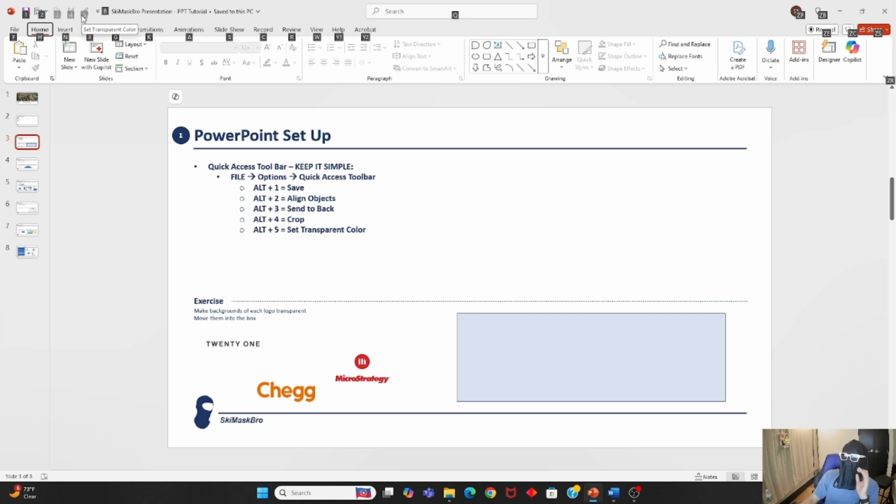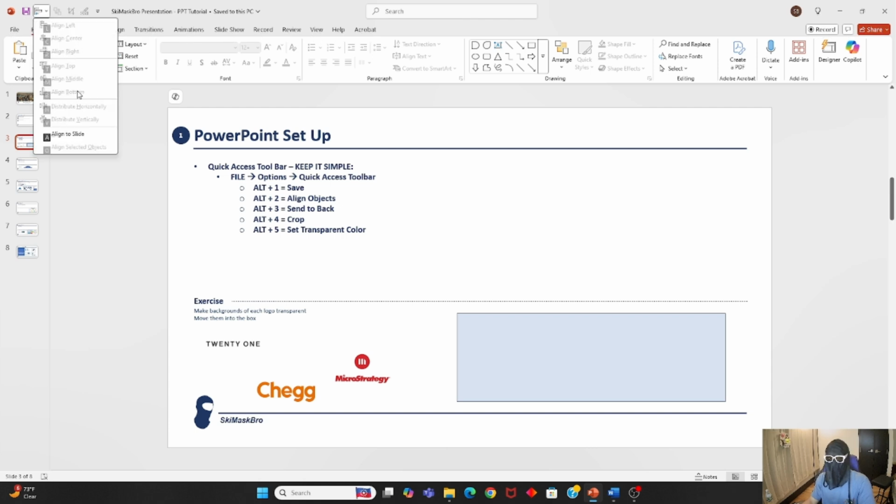So basically, the most common actions that you're going to do in PowerPoint, you're going to store them up in your quick access toolbar. So instead of clicking 5 buttons to get to one thing, you're going to click 2 buttons, or in this case, if it's a line, you click like 3 buttons, right? And I know that it might not